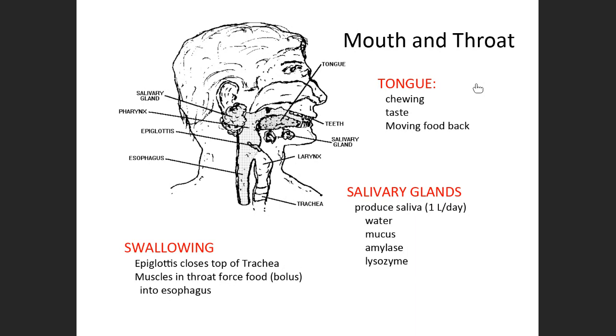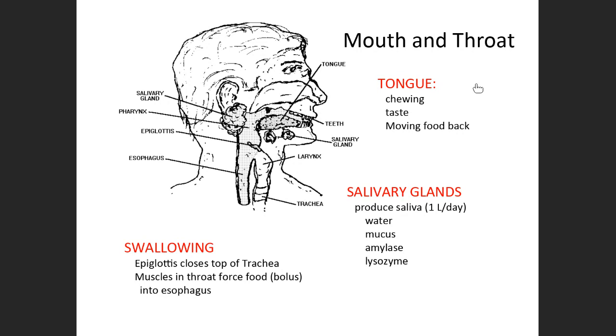The chewing is the mechanical digestion we talked about, and that starts breaking down the food, obviously, into smaller particles, so that's important. You have in your mouth also your salivary glands. Salivary glands are found under your ear and underneath your tongue. And what they do, they produce a good amount of saliva, about 1 liter a day.